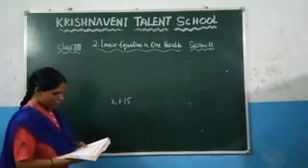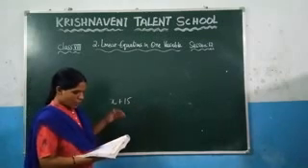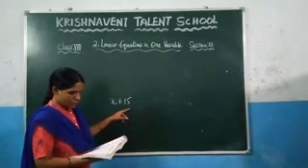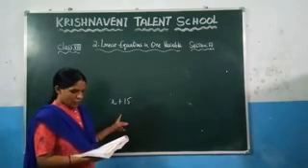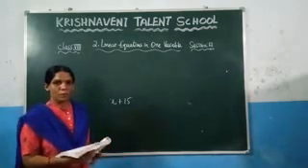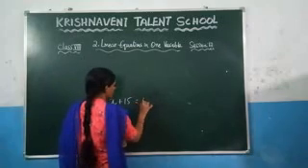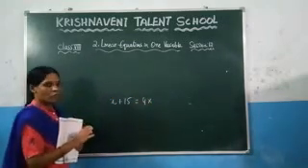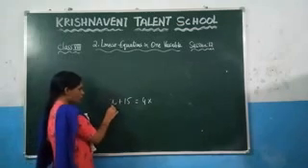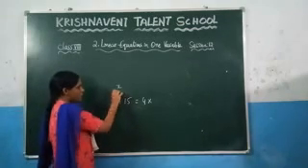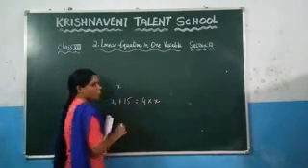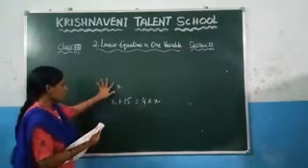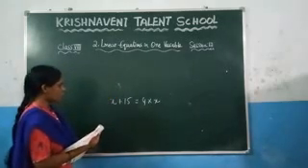Now what is the question given here? After 15 years, Mary's age is x plus 15, and they have given it will be equal to 4 times her present age. That means 4 times is nothing but the multiplication of her present age. What is the present age? Just now we have assumed the present age of Mary as x. So here it is 4 into x. This is the equation we got after reading the question again.